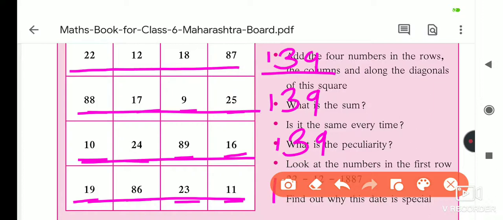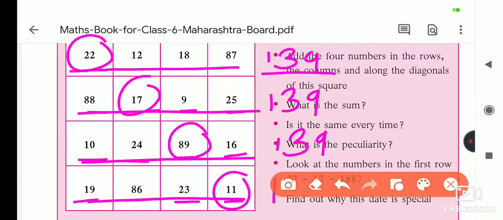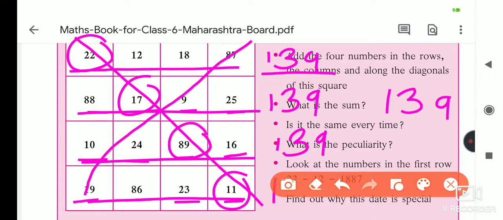Okay, so if you do the sum of all the horizontal rows, you will get the answer 139. Now next, along with the diagonals. If we study the diagonal and do the addition, 22 plus 17 plus 89 plus 11, if you do the sum, you will notice that its sum is also 139. Next we will do the sum of the other diagonal, 87, 9, 24 and